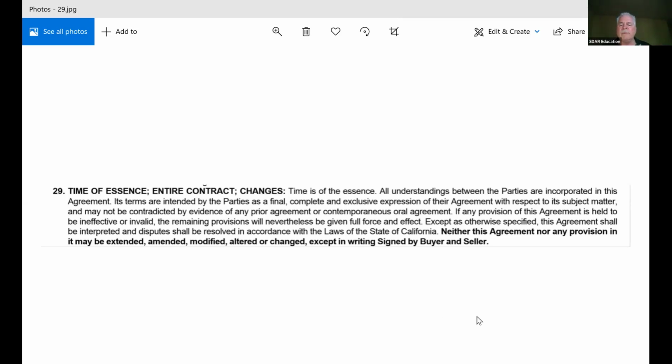Okay. So, except as otherwise, oh, you know what? What did I do with my pen? Oh, gosh. I got carpeting, so now I can't find any of my stuff.